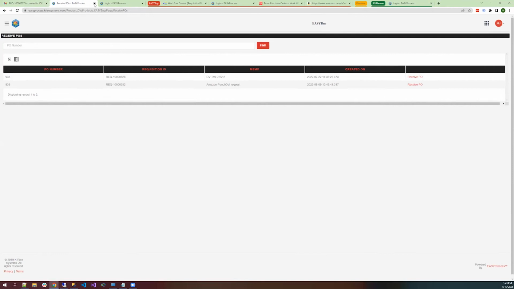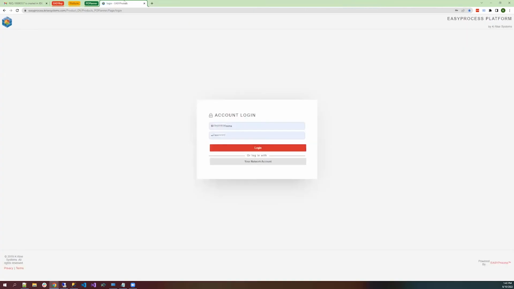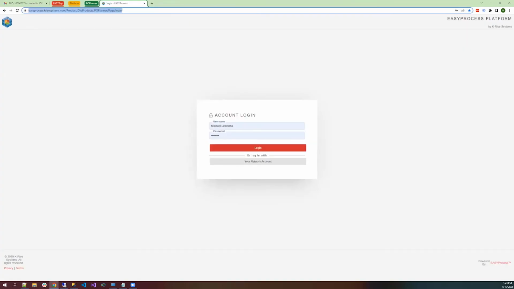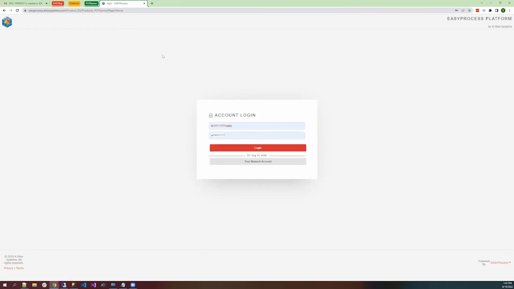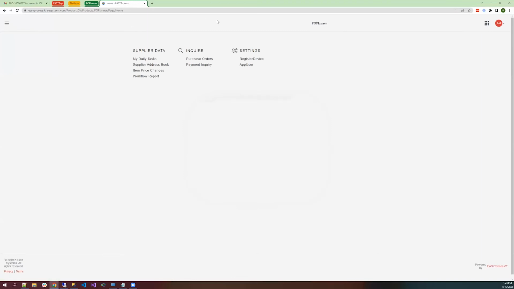So the next application that I want to show is an application we call PO Planner. This is a way for suppliers to acknowledge POs. In the process of doing so, they can make small changes to these purchase orders, changing quantity, the promise date, unit price. And then it can go back to the planner, who can approve or reject these changes. So if I log in as a supplier here, it should take us to a menu.